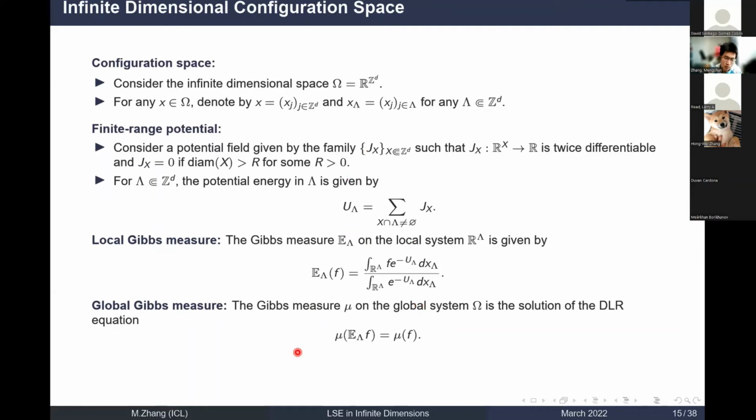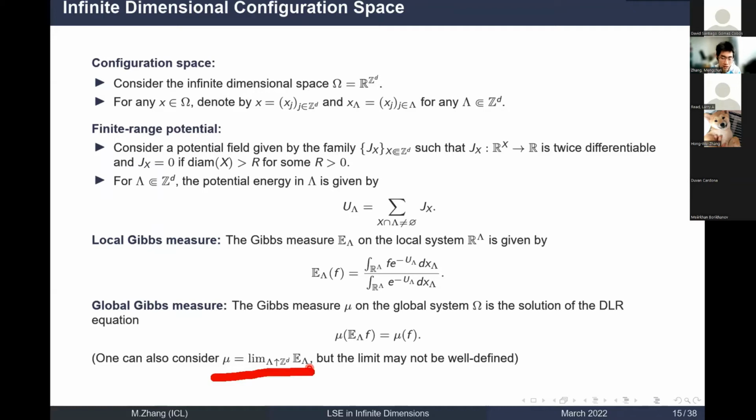You may wonder why we can't just take this limit: naturally, let mu be the limit as lambda goes to infinity. The reason is that this limit may not be well defined in some circumstances. For example, if your U grows faster than the bilinear case I just showed you, it's very hard to prove that this converges. Therefore, for this technical reason, we prefer to stick with this rather implicit definition of mu. You can find this in many works in thermodynamic physics. So this is our overall